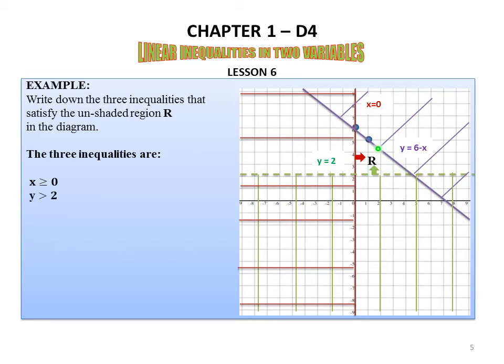And for this third line, this is a solid line and the region below the line is the defined region. When the region below the line is defined, we use the less than sign or less than or equal to sign. Because the line is solid, we will use the less than or equal to sign. So this equation will become an inequality after replacing equality with the less than or equal to sign like this.